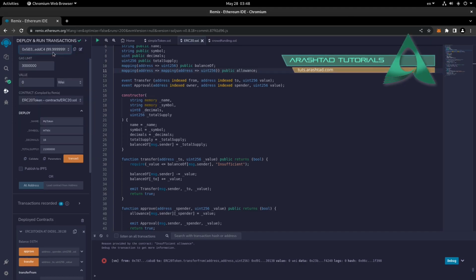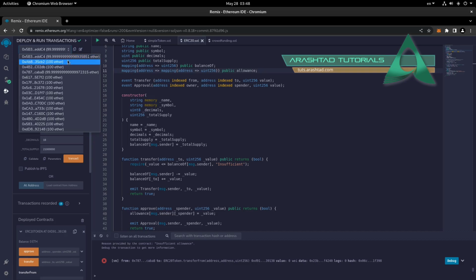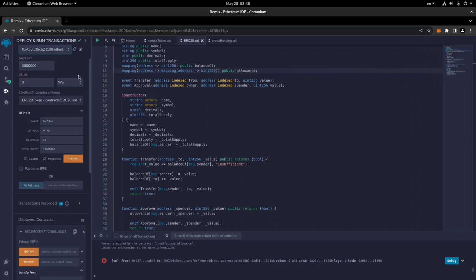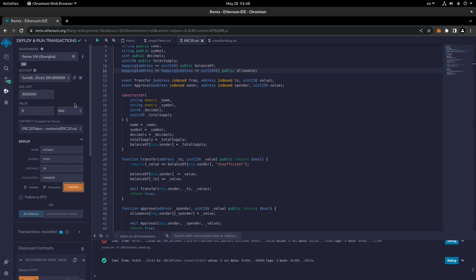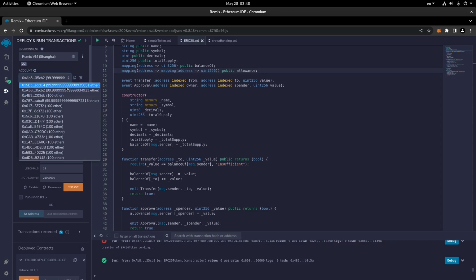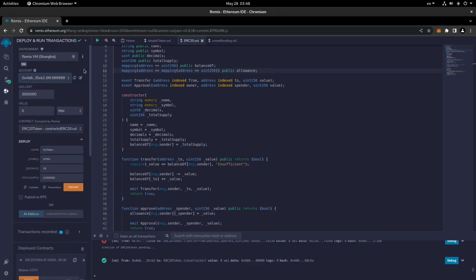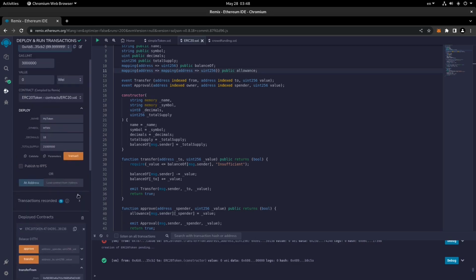We should do this with the address of the spender. So we should initiate this with the second address, who is the spender. So if you do it again, as you can see, it's been done successfully. So make sure you enter the address who is doing the transaction correctly. So the spender is the second address, right? And the holder is the first address. So the first address does not generally do that. And also the person who is going to receive it also does not do that. So that's now done. It's done successfully.